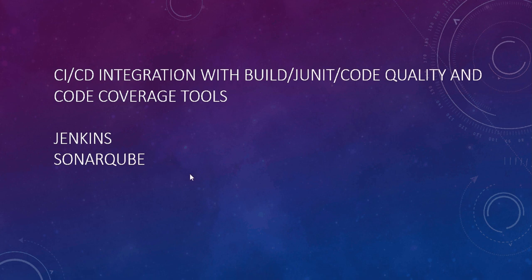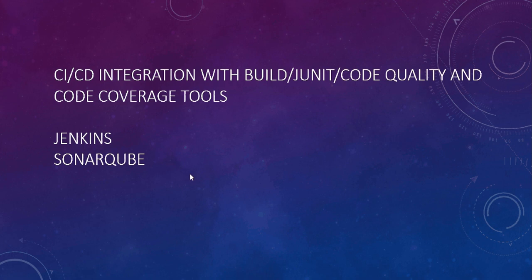You have to implement one code quality tool. Once you implement the code quality tool, as you progress in the development, it automatically gives real-time feedback. This part of the code is good, this part of the code is not good. Then you fix it and move on. Once you are done with the implementation, the next step is the JUnits. You have to write the JUnits. Once you implement the JUnits, then you have to get the code coverage.